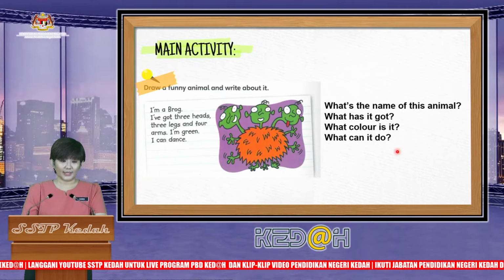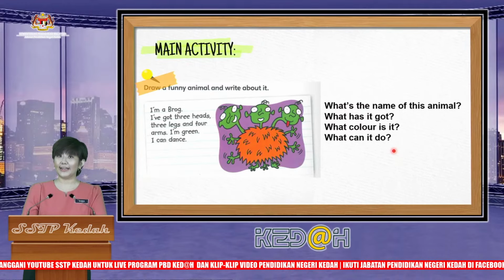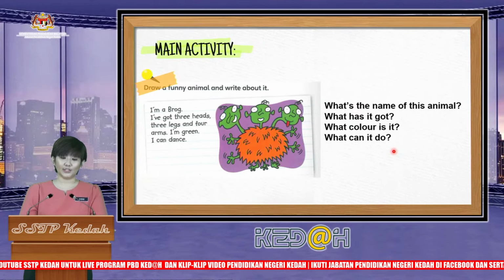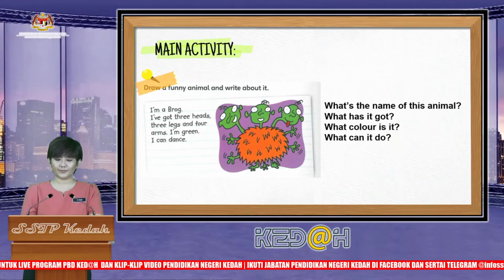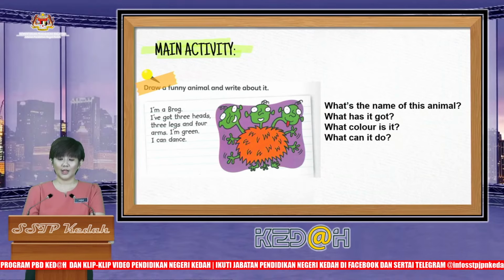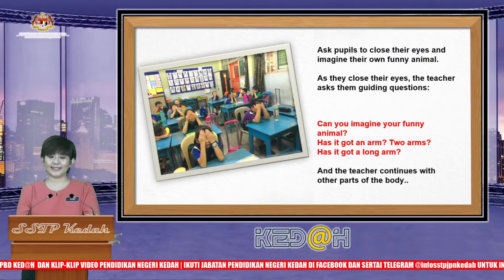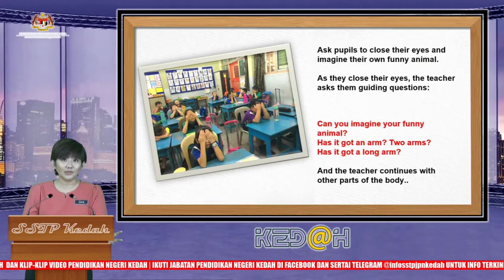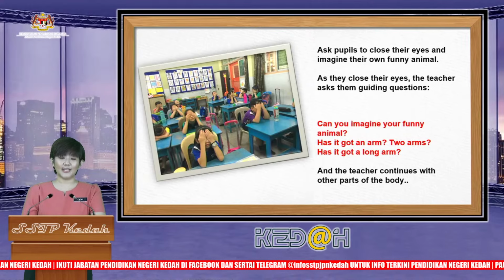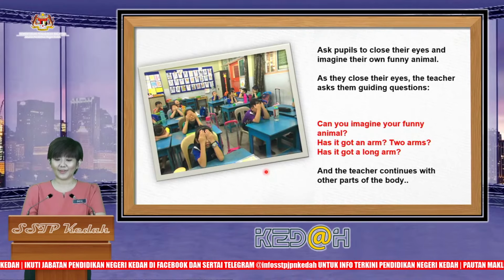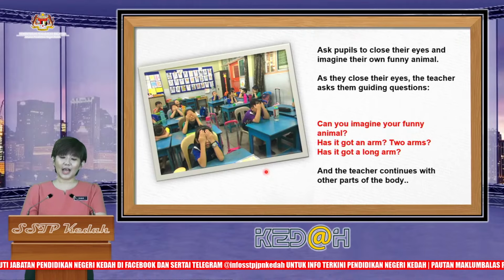So the guiding questions are, what's the name of this animal? What has it got? What color is it? And what can it do? In my next step, I would ask my pupils to close their eyes and imagine their own funny animal, as you can see from this picture here. As they close their eyes, I will ask them